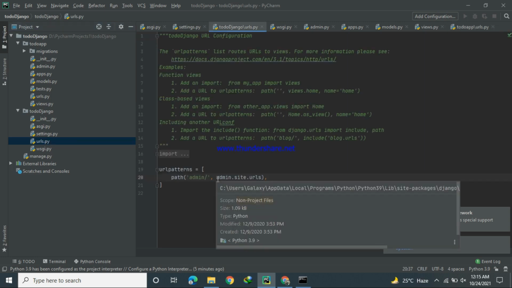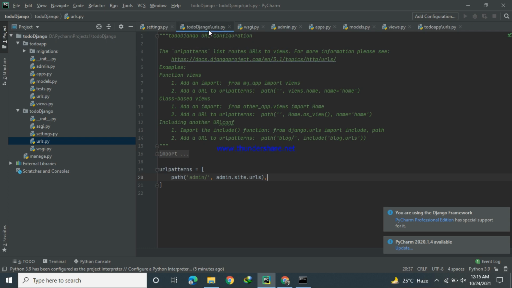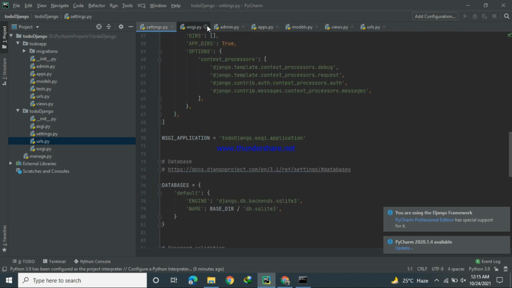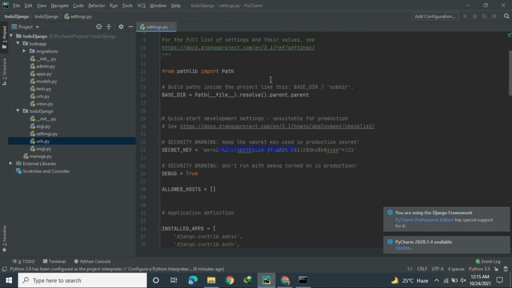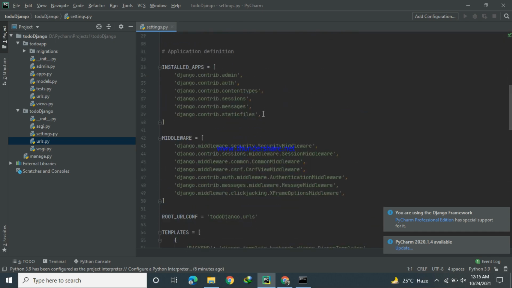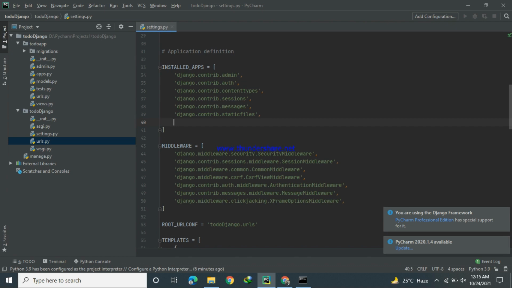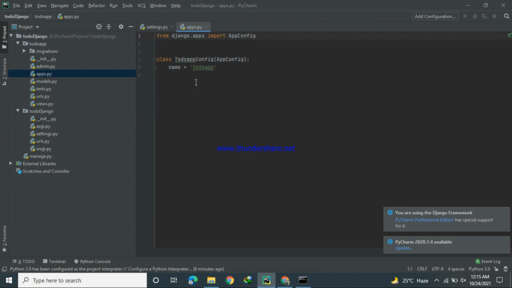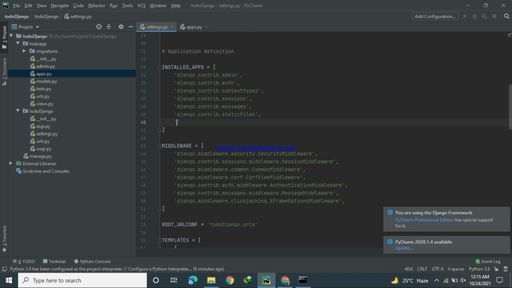Okay, so first of all we have to add our app, Todo app, in the settings.py file. The settings.py file has a portion for installed apps. Now here we will add our newly created app that is named Todo app. Okay, we will go to the apps.py file for proper configuration without any error. We have our name, Todo app. Okay, we will place it in inverted commas, and we will put a